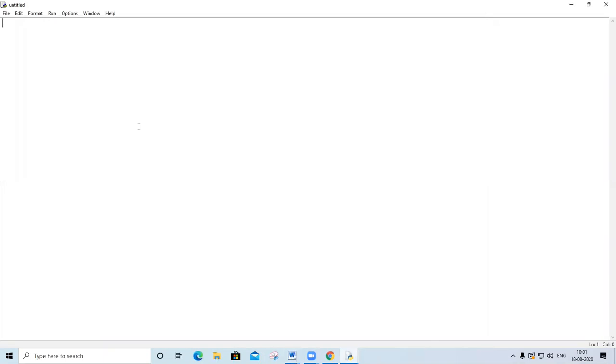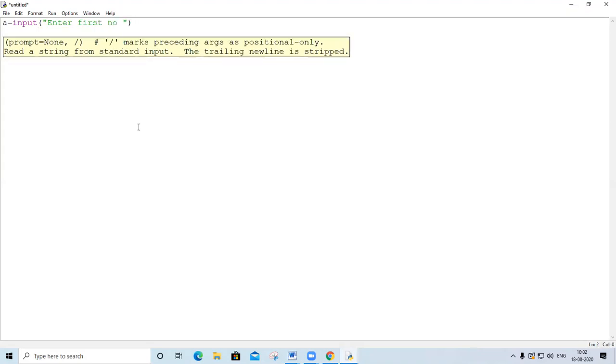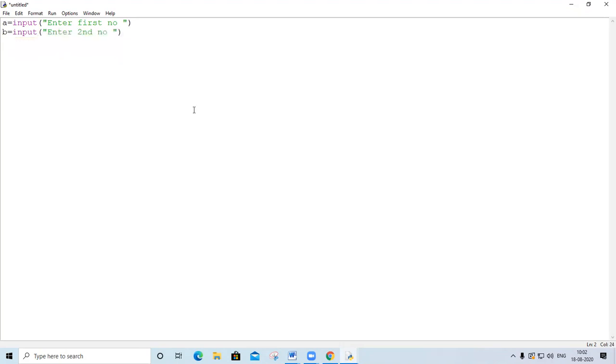So what I'm doing here, see, I'm writing A. What is A? A is a variable. Input, now write, enter first number. B, this is the second variable. Input, enter second number. Okay. Then C is equals to A plus B.